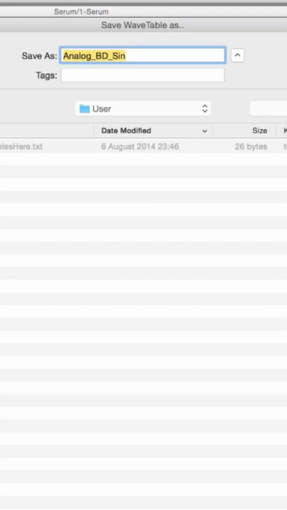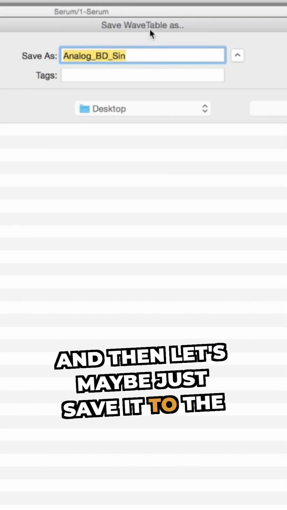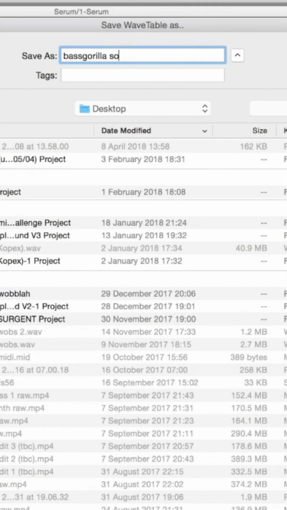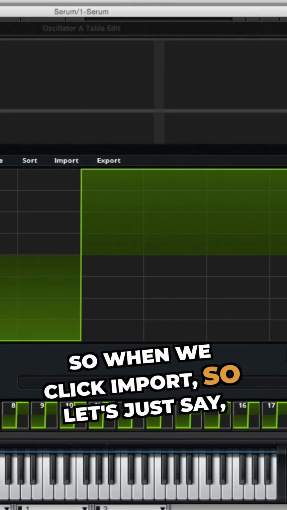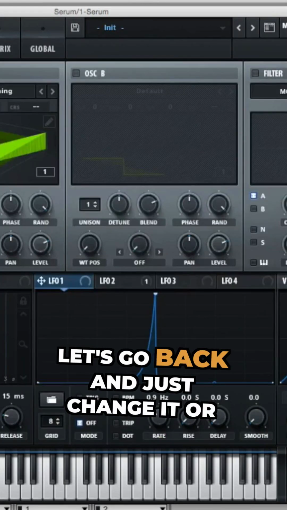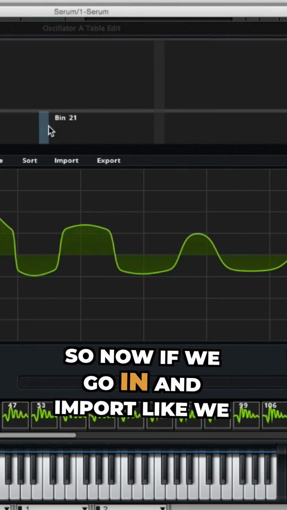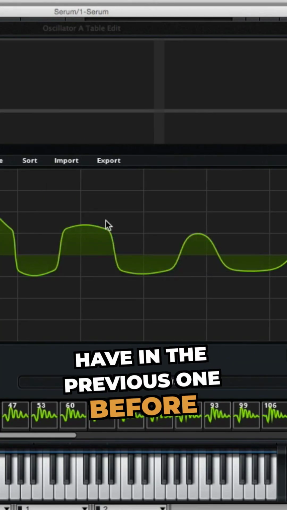And from here just save it wherever you want, and then let's maybe just save it to the desktop and just call it Bass Gorilla something. So when we click import, let's go back and just change it or something. So then if we go in and import like we have in the previous one before, click that,